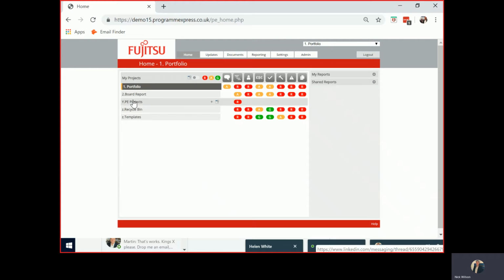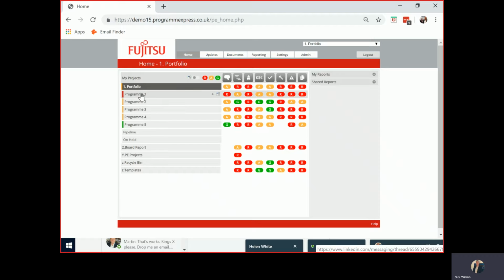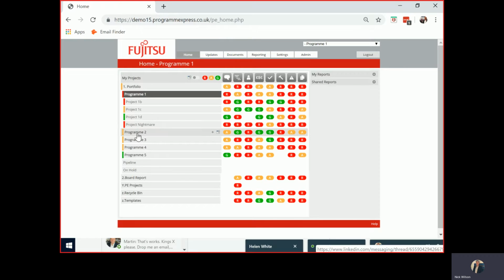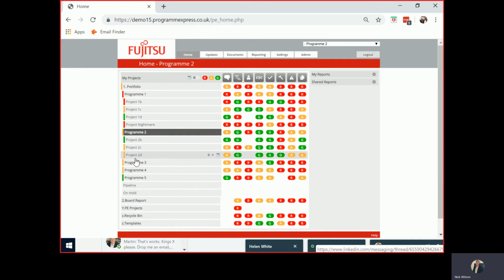And our home screen is where you can view all the projects broken down by portfolios and programs, just using as a demo structure. And it shows here all the projects. It shows the RAG status against all the modules within ProgrammExpress, shown here as icons, but better described through the